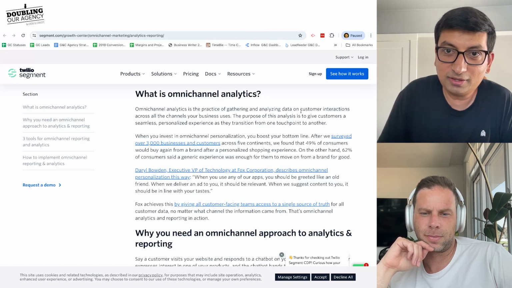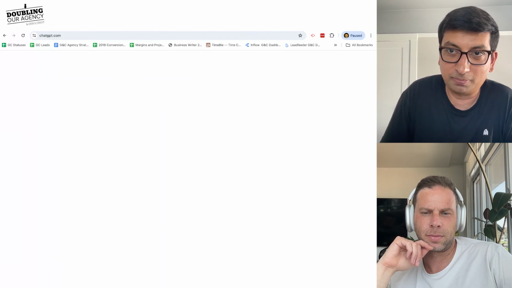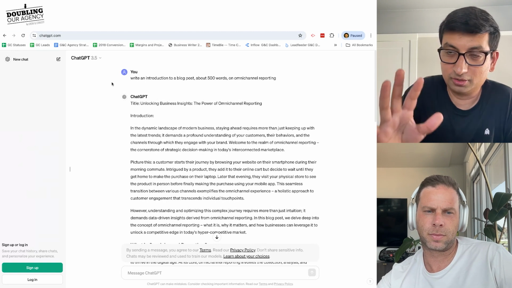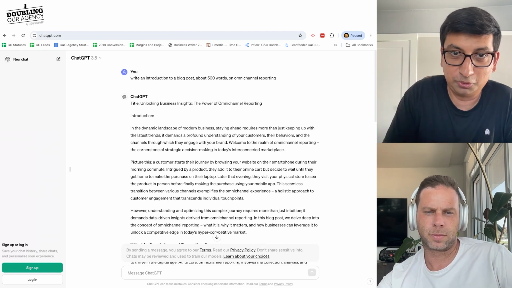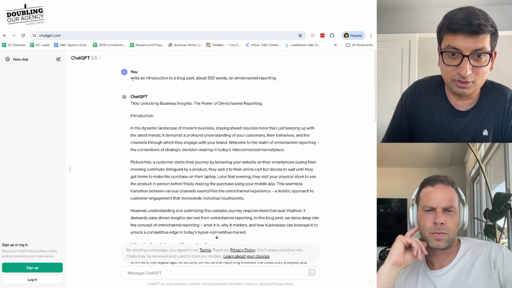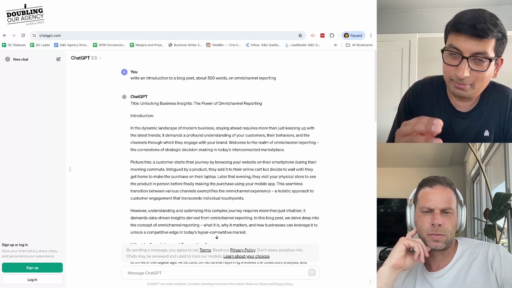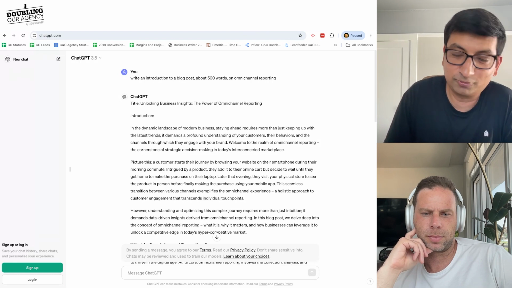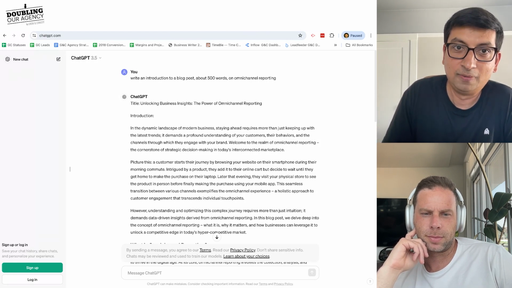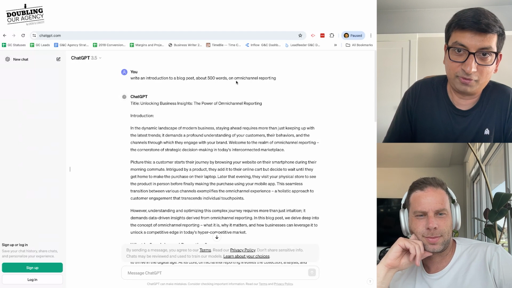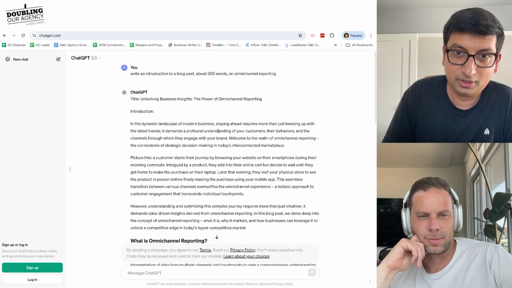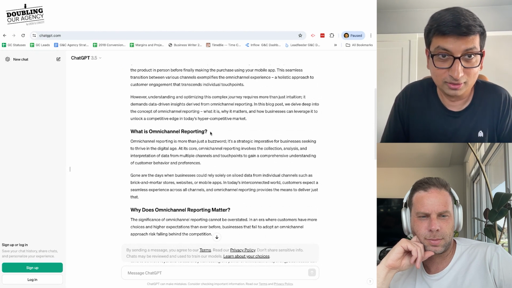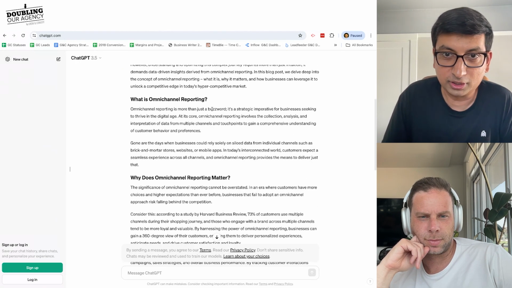And then the final thing, I was going to save this for the end, but I might as well bring it up now and then harken back to it. Before we hit record here, I went into ChatGPT, which is the tab I'm showing now. All I wrote to ChatGPT real quickly is, and I know the last time I did something like this, people were like, "Well, your prompt wasn't detailed enough, Devesh." So fine, it's just to illustrate an example. I wrote, "Write an introduction to a blog post about 500 words on omni-channel reporting." And ChatGPT has the first section be "What is omni-channel reporting," and then it says, "Omni-channel reporting is more than just a buzzword."